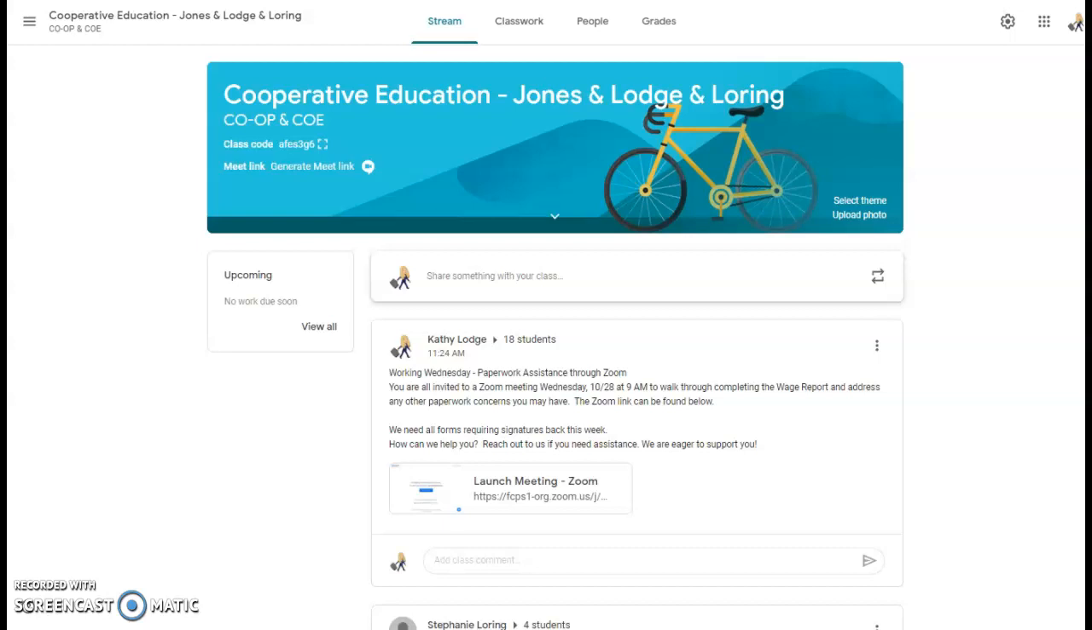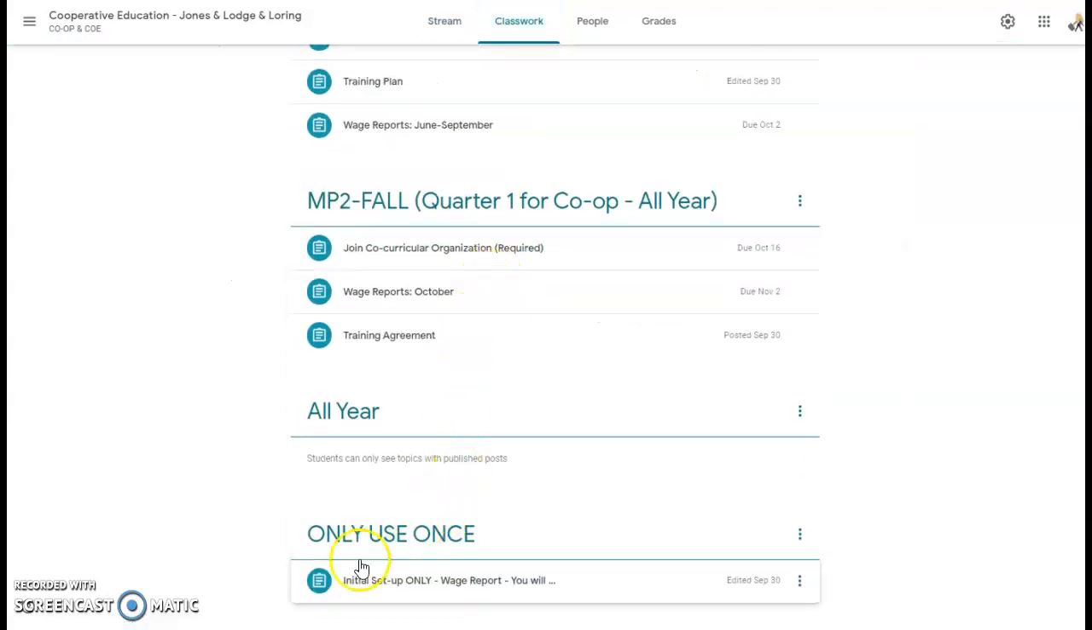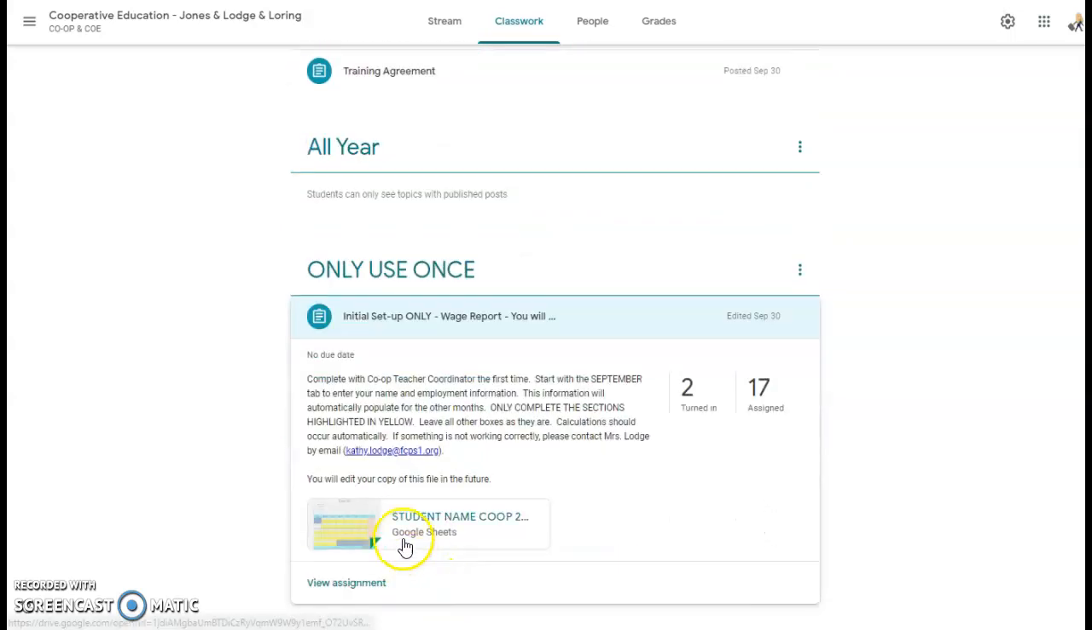Hello, cooperative education students. I'm going to show you how to get to the document to record your work hours. So once you log into our Google Classroom, click on Classwork, and scroll to the very bottom, to the topic that I say only use once, and I really mean we're only going to do this one time. Go to Initial Setup Only Wage Report, and you're going to click on the student name Co-op 2020-2021 calendar,